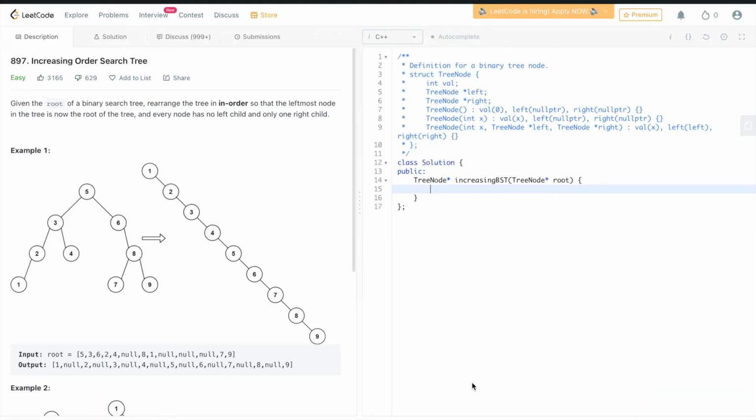Welcome back. Today we're going to be doing Leetcode question 897, increasing order search tree, which is a Leetcode easy question. So we're just going to go through one possible solution. It says, given the root of a binary search tree, rearrange the tree in order so that the leftmost node in the tree is now the root of the tree, and every other node has no left child and